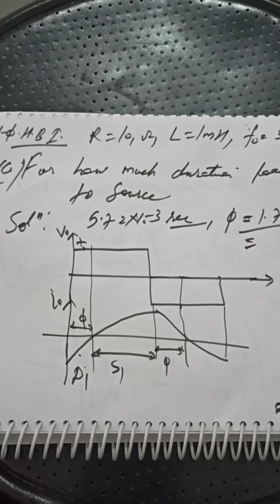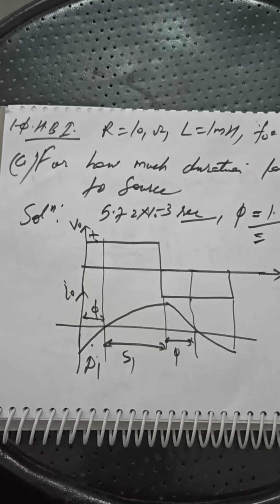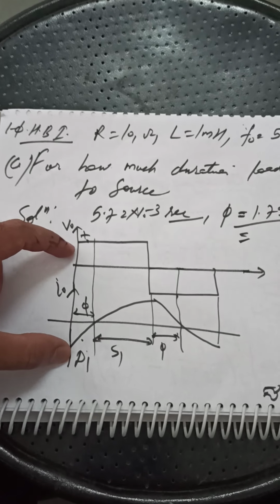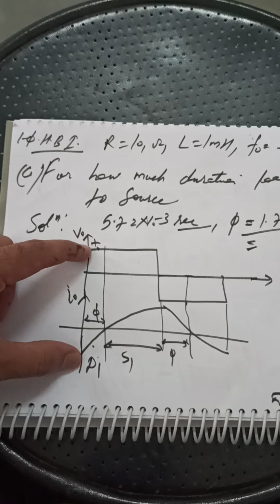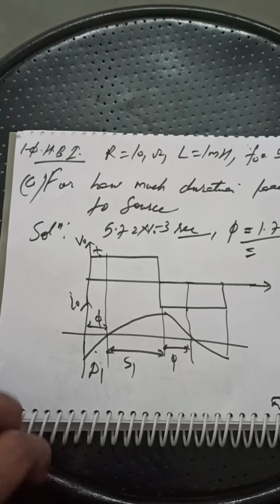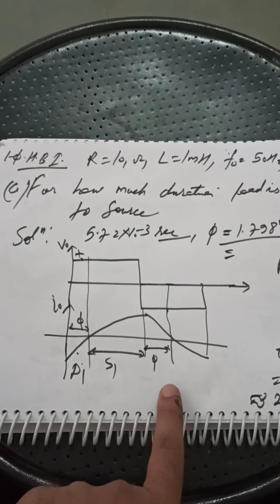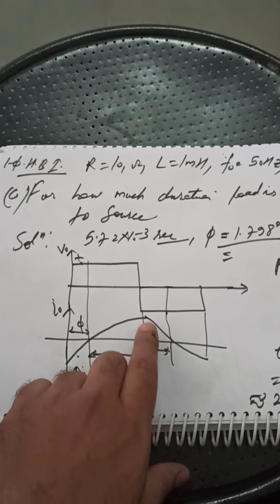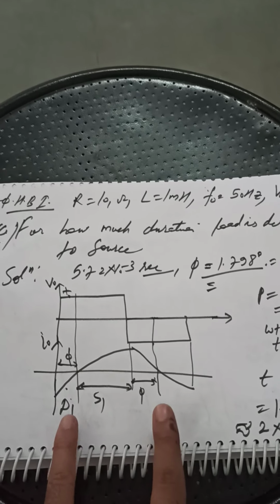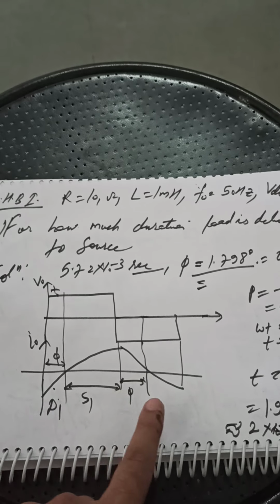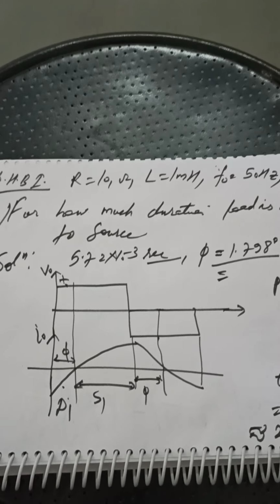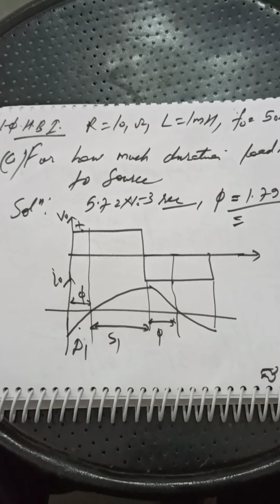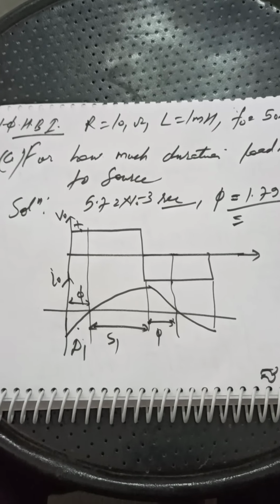Yes, come to this waveform. The power should have negative nature, and the power will be negative when voltage and current are of opposite sign. So the power will be fed back to the source when voltage is positive and current is negative. I think this is quite clear to all of you. Once again, for this duration of phi, the voltage is positive, the current is negative. Voltage is negative, current is positive. So in these two durations, the duration of this phi and pi to pi plus phi, the power will be sent back to the source. Yes, the load will be sending power back to the source. So this is the duration that is required to be calculated.